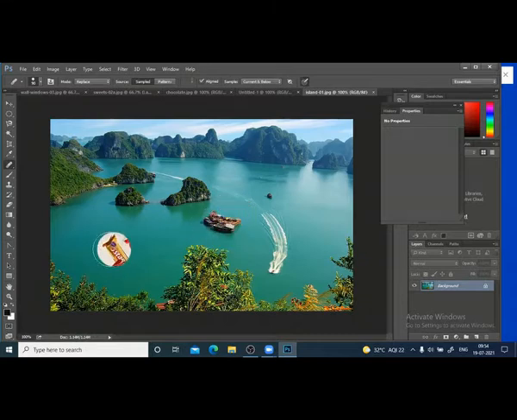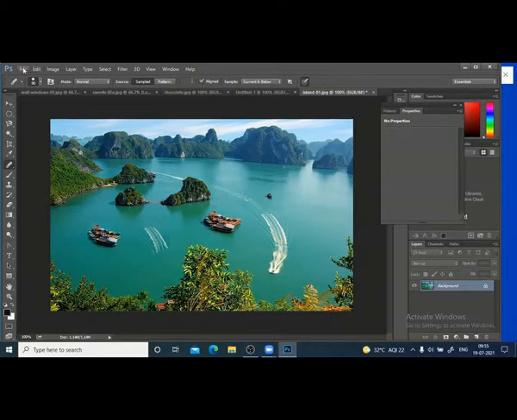I want to copy this here. So I'll use Alt, click this, and you see here, I will keep it in the normal mode. So it copied and blended with that.